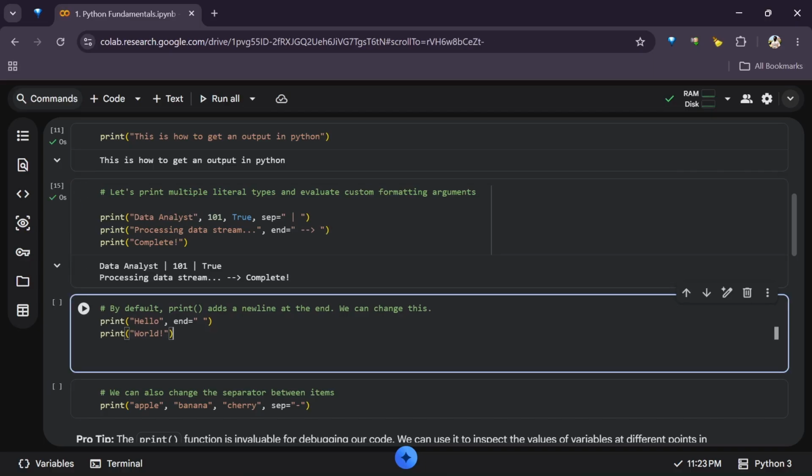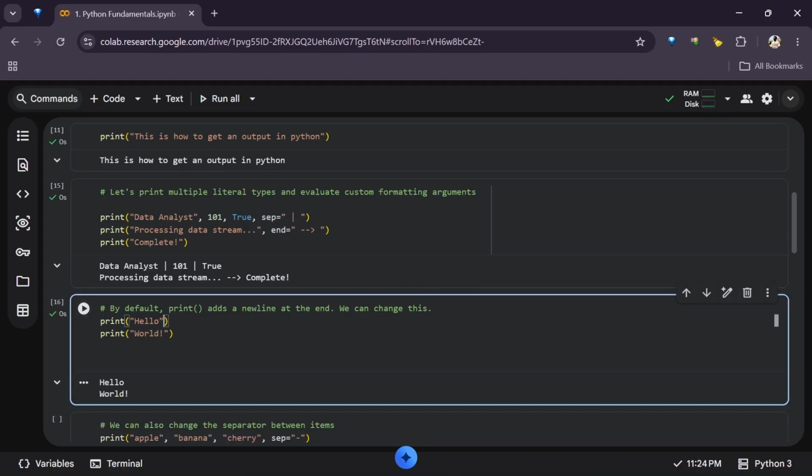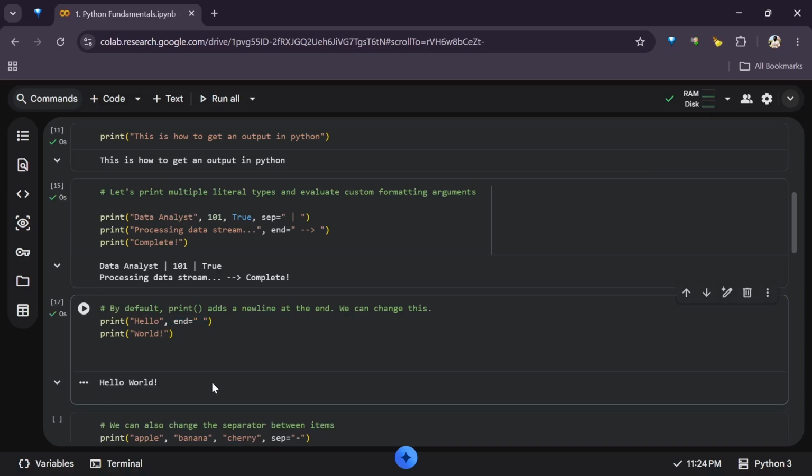So again, this way, hello world. By default, if there was no end, it will print hello and world on separate lines. But when I use the argument end, it prints hello world on the same line.